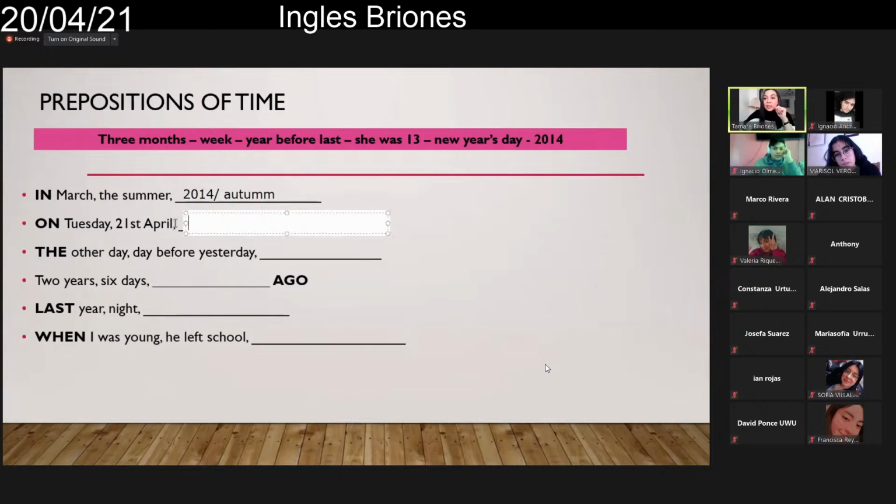So what can I add here? New Year's Day. On New Year's Day. Now, ojo aquí porque tienen dos fechas que se ocupan generalmente con estas celebraciones. You have New Year's Day and you also have New Year's Eve. New Year's Eve is the evening, so it's the night before. So New Year's Eve is December 31st. New Year's Day is January 1st.